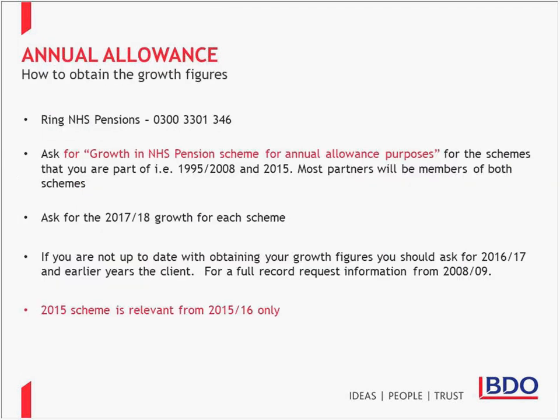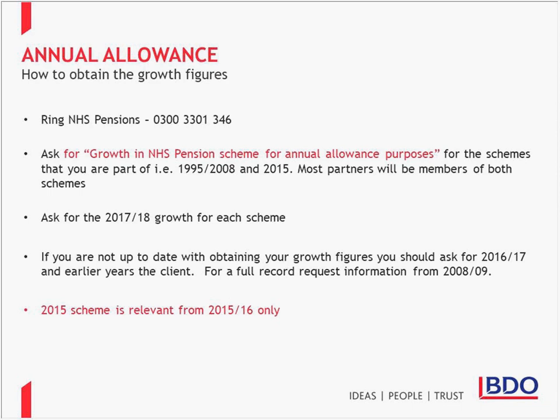On the next, we look at how you can obtain the gross figures. So it's really important that you ensure you get this data. NHS Pensions are supposed to send you a statement if you exceed allowance. Now there's a couple of points to consider here. You won't know whether or not you have an abated allowance, so how will they know that you've exceeded the allowance? And also, we've seen many clients whereby they've exceeded the allowance but they've never had a statement from NHS